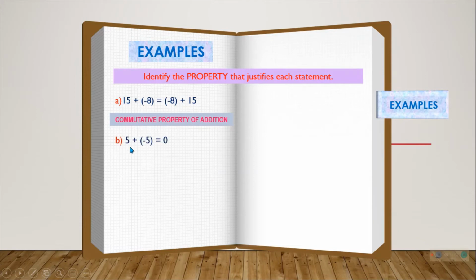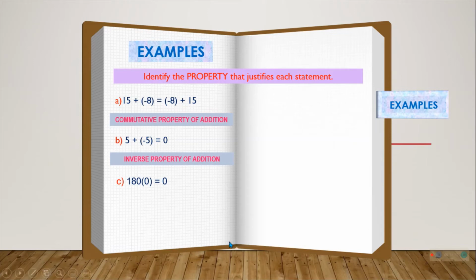Next, 5 plus negative 5 is equal to 0. That means the answer is 0, because it was added to its opposite. So, that is the inverse property of addition. When it is inverse, you add or multiply it with their opposite. So, that is 0. Next,